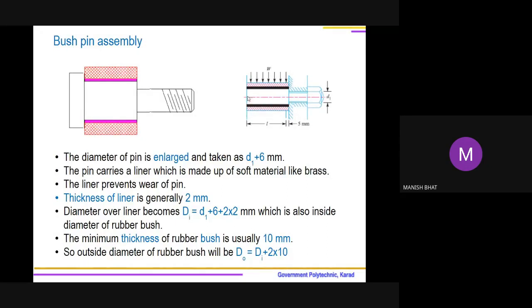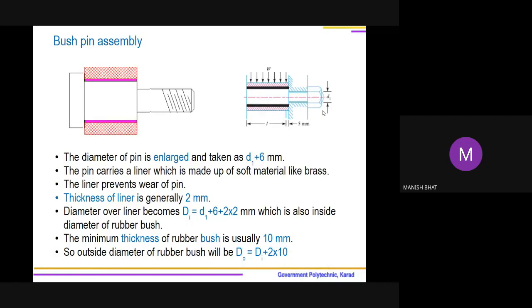So this is one flange, and stationary is the other flange. It is shown like that in sections. D1 diameter portion is inside one flange, and the enlarged diameter along with liner and bush assembly is inside the whole of another flange. So you are observing here that by using a nut, a joint